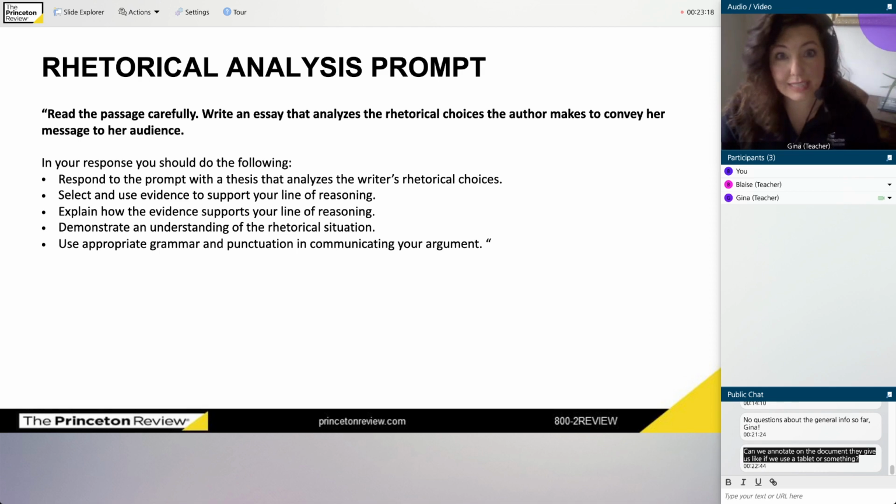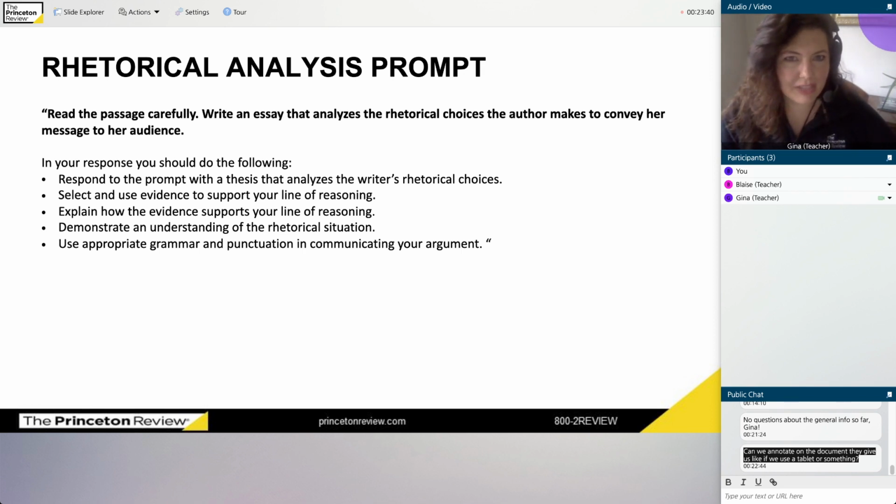Because, for instance, on the actual written exam, right? If we weren't doing this online, on the actual written exam, we would just have a pencil and we'd be circling things. So I wouldn't assume that you're going to have sophisticated tools like that, but that's a good question. I think I'll investigate that, and if I'm wrong, I'll let you know in the next session.